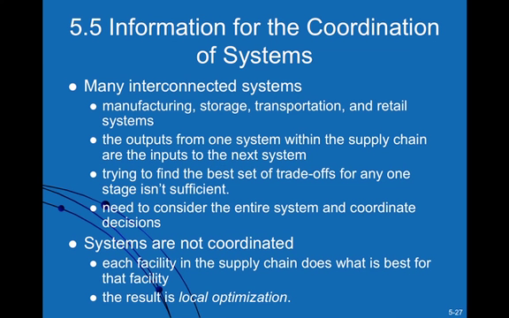Information of coordinated systems is an important requirement in supply chain management, because you have various facets such as manufacturing, you have storage, which happens at the distribution centers and warehouses, and even at the retail centers as well. So all of that has to be coordinated to allow the entire supply chain to be a whole lot more efficient. And we must recognize that the output from one system is the input into the other. So the output from the manufacturer, that buffer inventory, is the input into the wholesaler, and the output from the wholesaler is the input into the distributor, and so on.